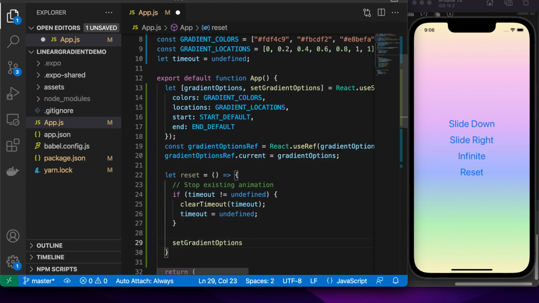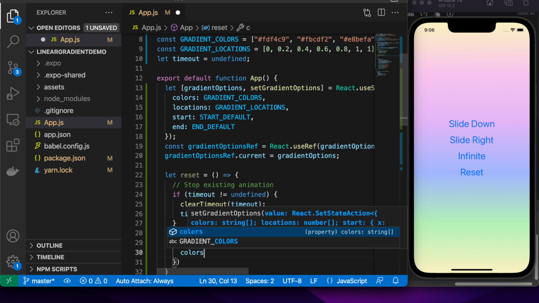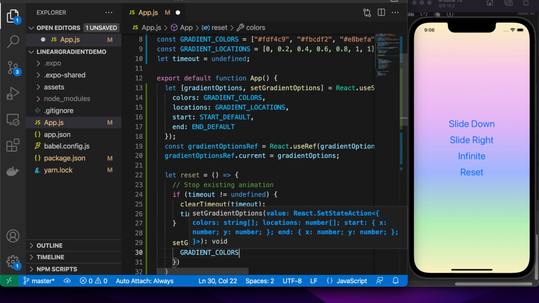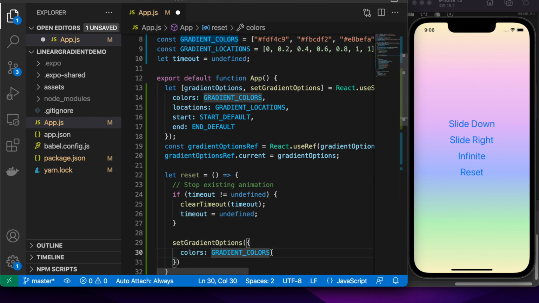Then I'm going to set my gradient options back to what they are at the beginning, just so that they're back to their defaults. So I can just copy that from where I'm setting up the state.